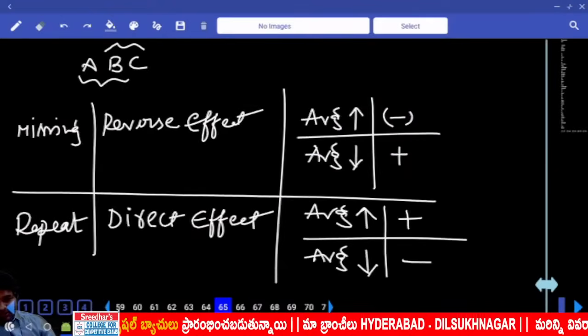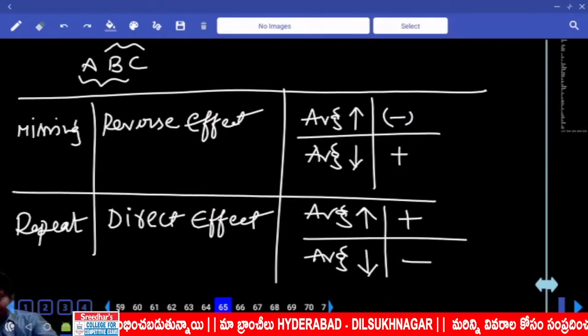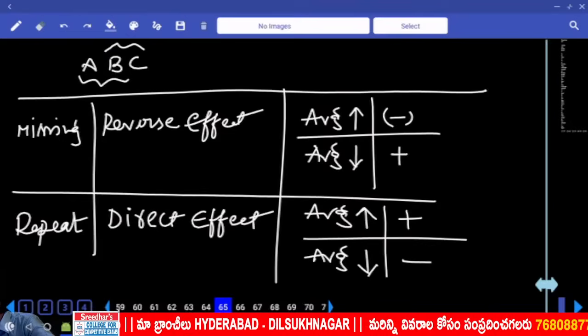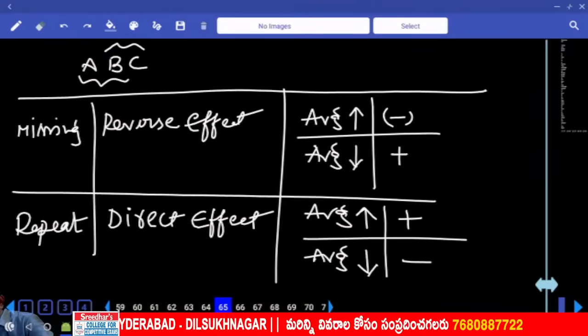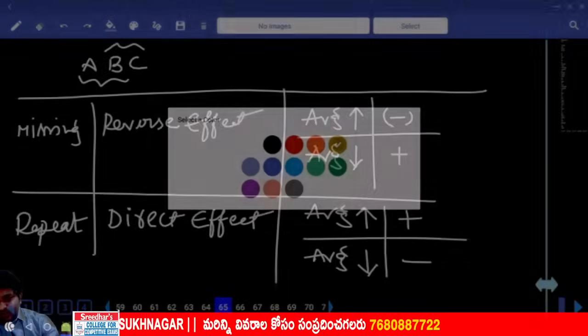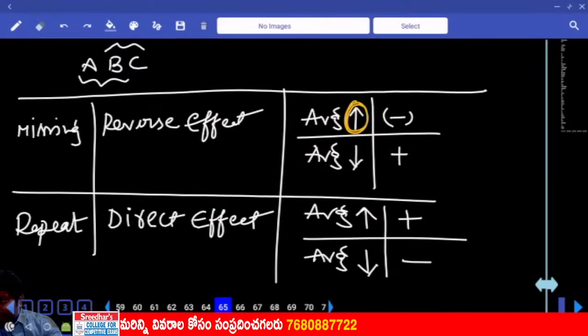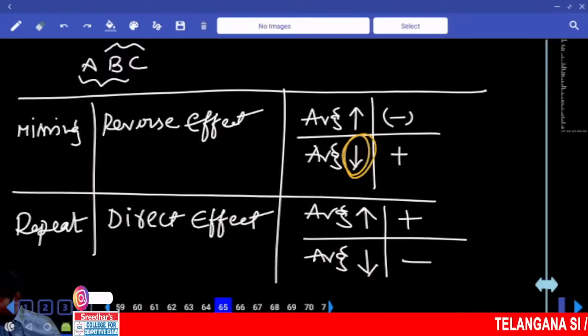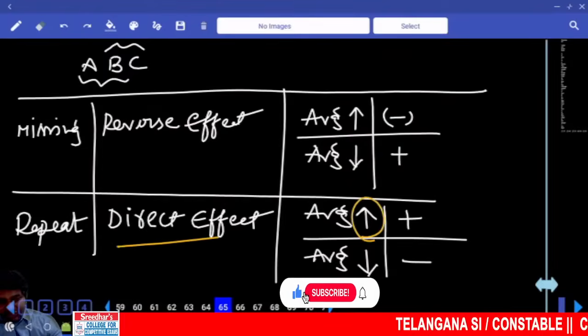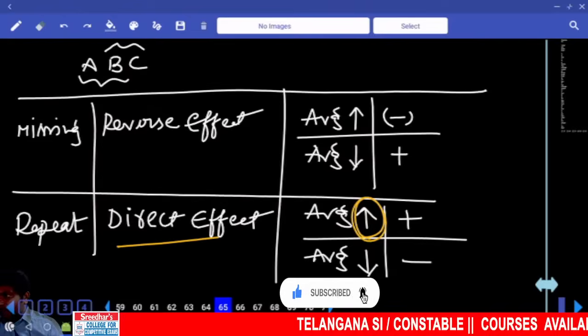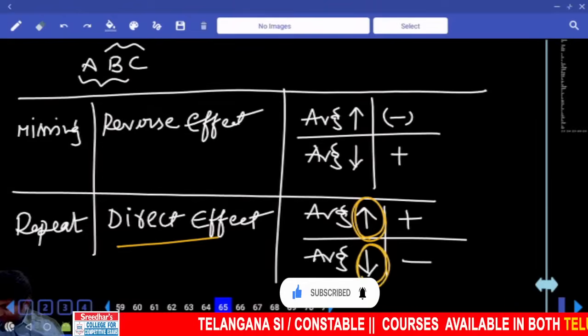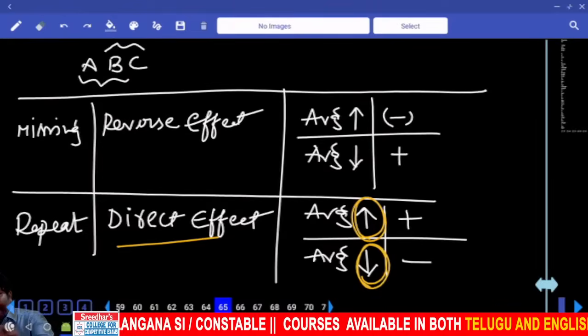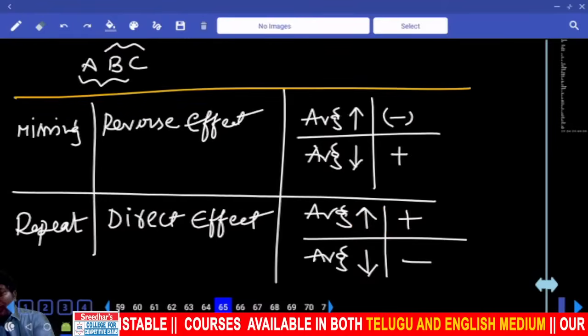So you just need to remember only this one. What is it? Is it number missing case or repeat case? If it is missing case, we use reverse effect. Reverse. You can easily understand this. If average is more, what is happening? Subtract. If average is more, we are subtracting. Reverse effect. If average is less, we are adding. Reverse effect. Direct effect. If average is more, look at that. Look at there what we are doing. Adding. If average is decreasing, subtracting. Yes. So out of these two also, if you can remember one, can you remember